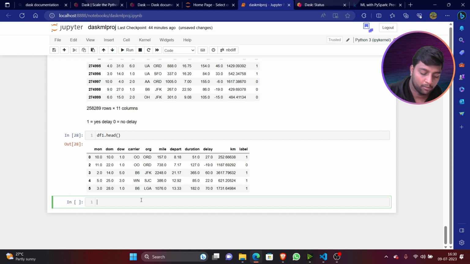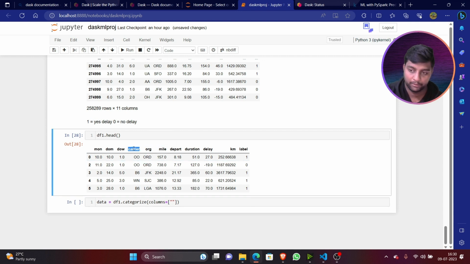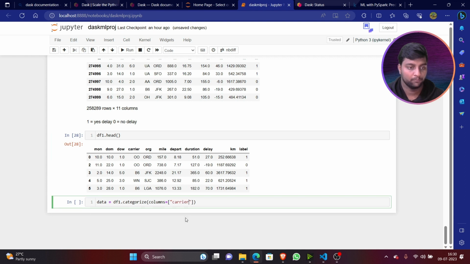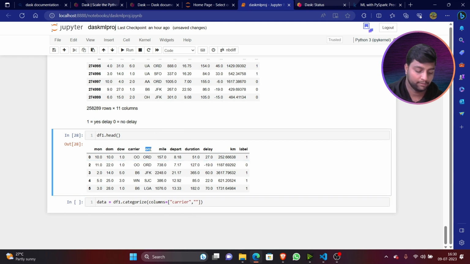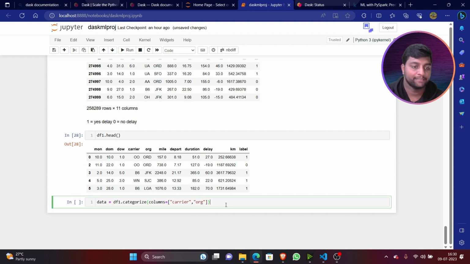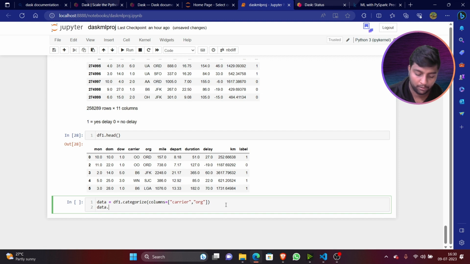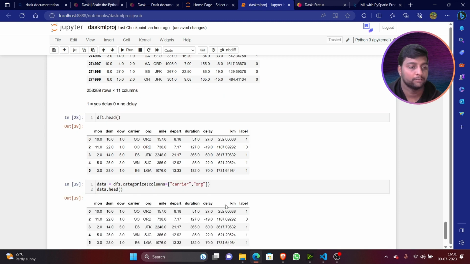Now we'll be creating a variable called data. So data is equal to, I want the categorized columns to be separate. df1 dot categorize columns is equal to, inside this let me mention the names. So carrier, we have carrier as the category column, comma origin, yeah, this is also a category column, or you can say these are objects, right? So we are segregating this. If you check data dot head and run this,